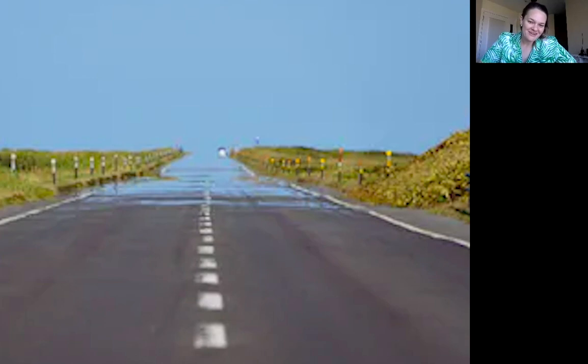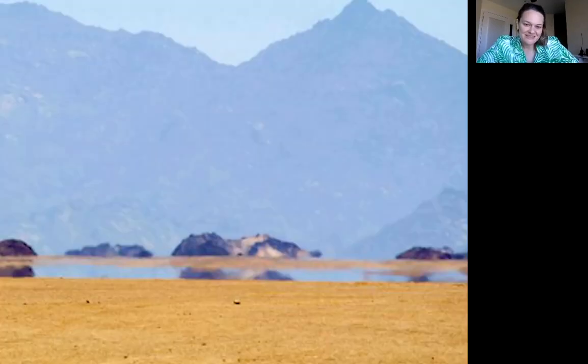If you've ever been riding in a car and noticed that it looked like there was water on the road ahead of you, but every time you got closer, the water seemed to disappear, what's happening is on a hot day, the light is actually refracting and bending differently in warm air versus cooler air. And it makes it look like to your eye there's water there when there's not. This doesn't only happen on roads. It can happen out in the distance as well, and just looks like there's water there when there's absolutely nothing. This is an effect of refraction.